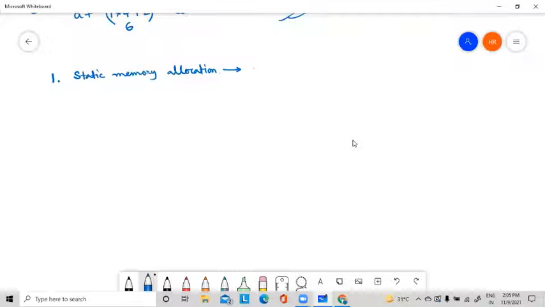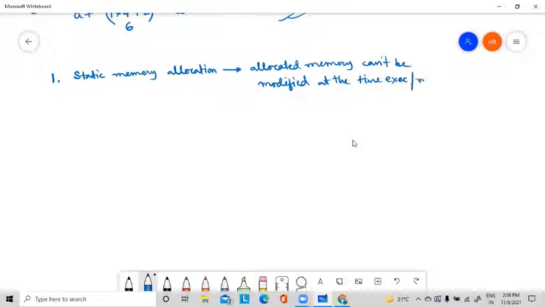You cannot modify the allocated memory at the time of execution, or you can say at runtime. That is the meaning of static memory allocation.